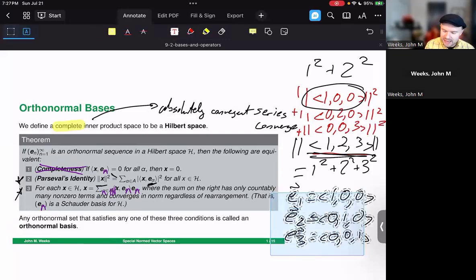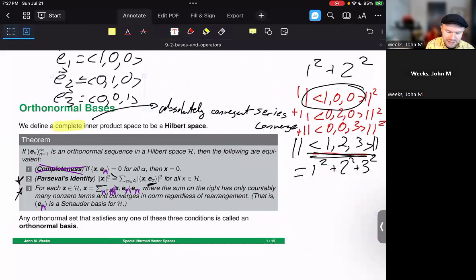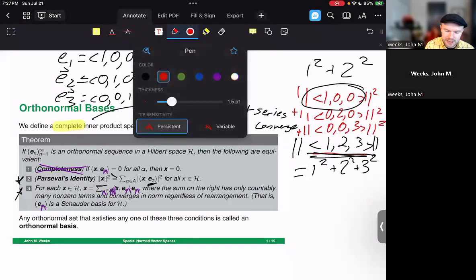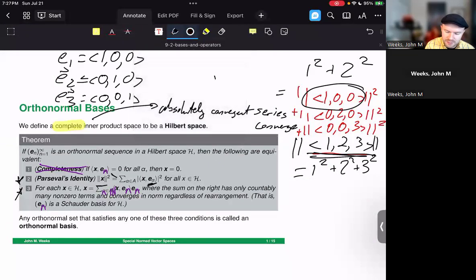So when I take my vectors E1, E2, and E3 and work with them here, this is the length of the vector x in a product with E1. This is the scalar projection of the vector x onto E1. This right here is the scalar projection of x onto E2. This right here is the scalar projection of x onto E3. And if I go through and look at each of those and add them all together, then this is exactly